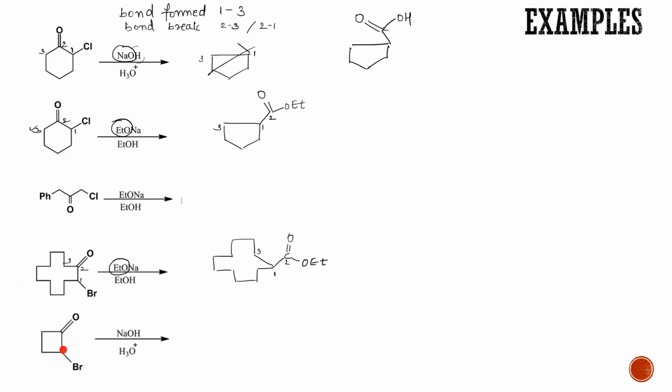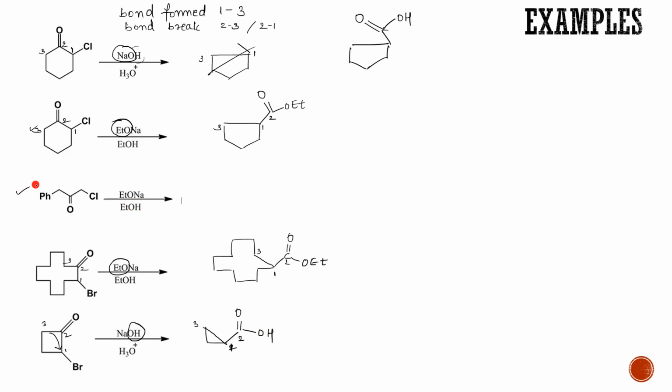Similarly for this also, I will write it as 1, 2 and 3. So bond here, see this is the rearrangement, no, that group changes. So this is 2, this is 3, bond formed over here. Sorry, this is 1 and this is 3. This is carbon number 2 having a double bond. What are you going to take? I told you don't take that metal, the remaining part you take, and this is your OH. Okay, so this is a very beautiful tricky reaction.